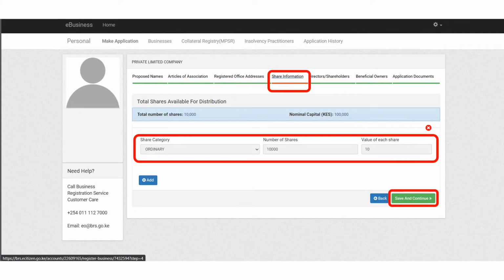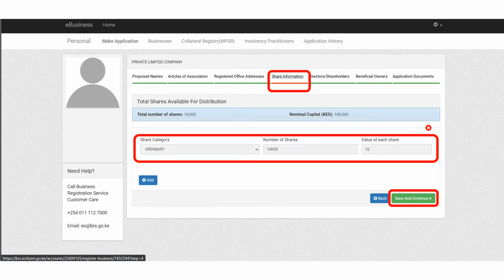So the next step in company registration is share information. This is a very important aspect of company registration, so for this, you can consult a financial analyst. There are two types of shares: ordinary shares and preference shares. Ordinary shares basically mean that the people who own those shares have voting rights in the company. They can participate in company matters such as choosing directors or any important company decisions that need to be made. But for the preference shares,